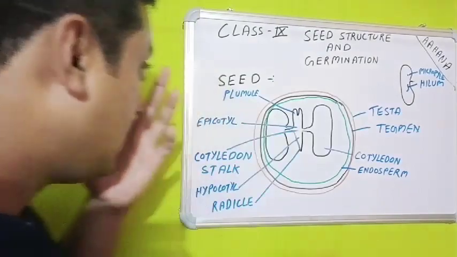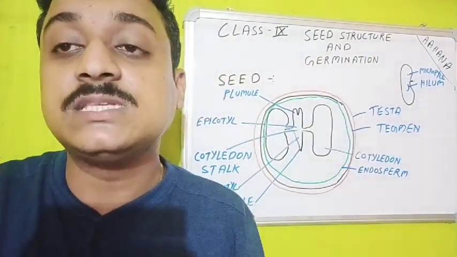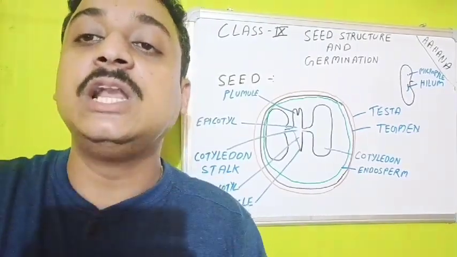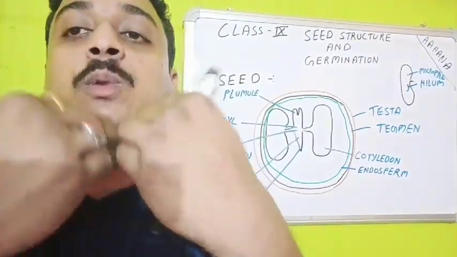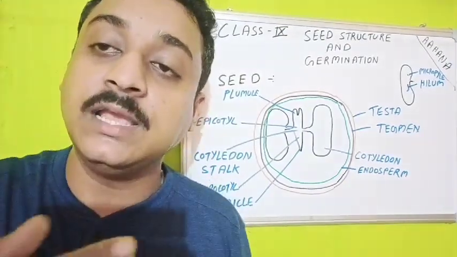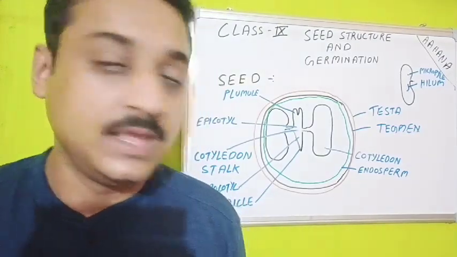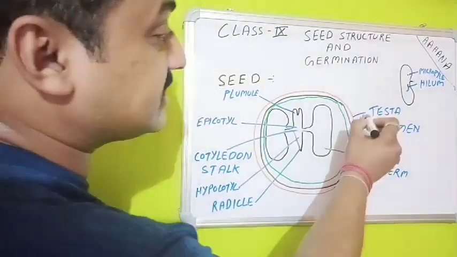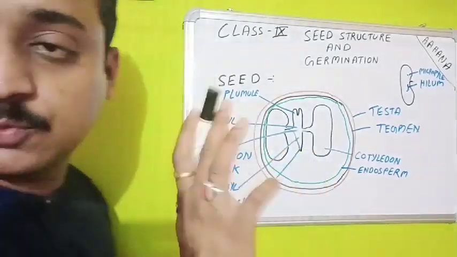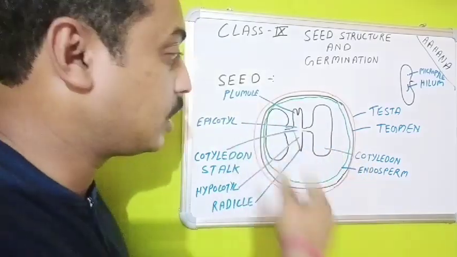Now what is the meaning of the word germination? Germination means that when the seed starts to germinate, it will produce a seedling, the seedling will become a plant, and the plant will turn into a tree. So this testa protects the inner young plant, which has not yet become a plant but will grow into a plant or a tree.